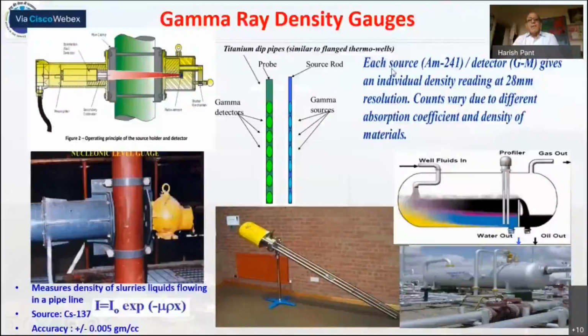But there are various kinds of density gauges which are used in industry, with different configurations. If you want to measure density inside any vessel, you can have this kind of gauges. There are sources in one rod and the detectors in another rod. These are two rods here, and this is dipped inside this container, and density at the different levels can be